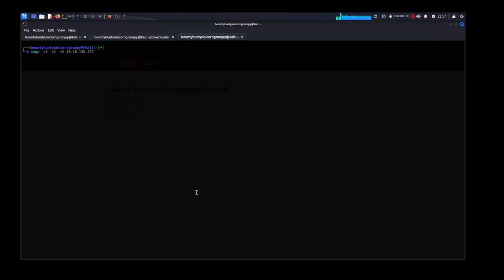Actually, you know what? We're not gonna use Nmap here. I'm feeling lucky, so let's go and use GoBuster to search through directories. So let's go gobuster